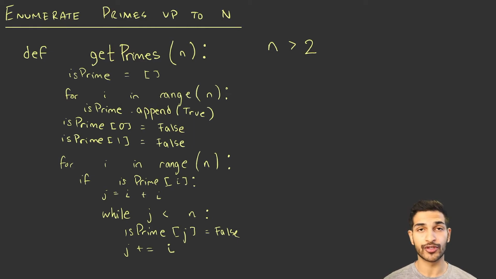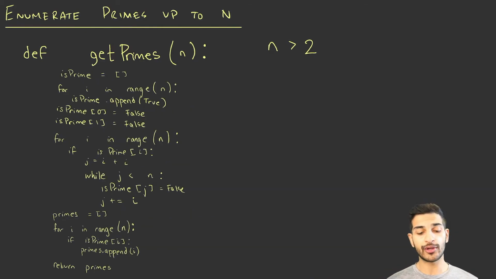Once this for loop is complete, we'll have a Boolean array with true marked for all of the prime values and false for all of the values that aren't prime. And then all we have to do is stick this into another array that we will output or return in our function, and then we've completed the function. Now we create the primes array. We iterate over all the values from 0 to n and check if our isPrime Boolean array has that value marked as a prime. If so, we append that value to our primes array, and finally finish off the function